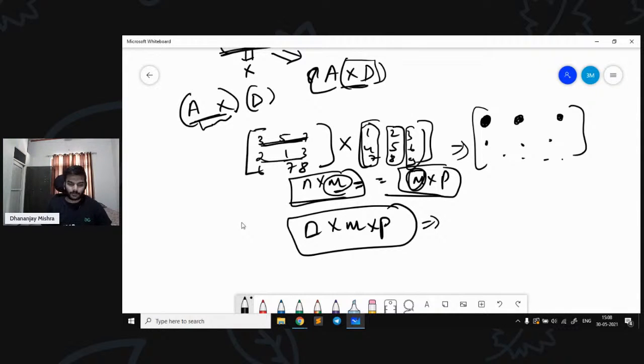That is its number of rows into the number of columns, because if you are multiplying two matrices, then the column and row should be the same, right? That means this m factor will be common in both of these, and the last one is the p, that is the column of the second matrix, right? So this is the cost of multiplying two matrices, if and only if the matrix multiplication is possible, right? I hope you understood the rule of how we can multiply the matrices. After understanding what it means by the cost, we will learn about